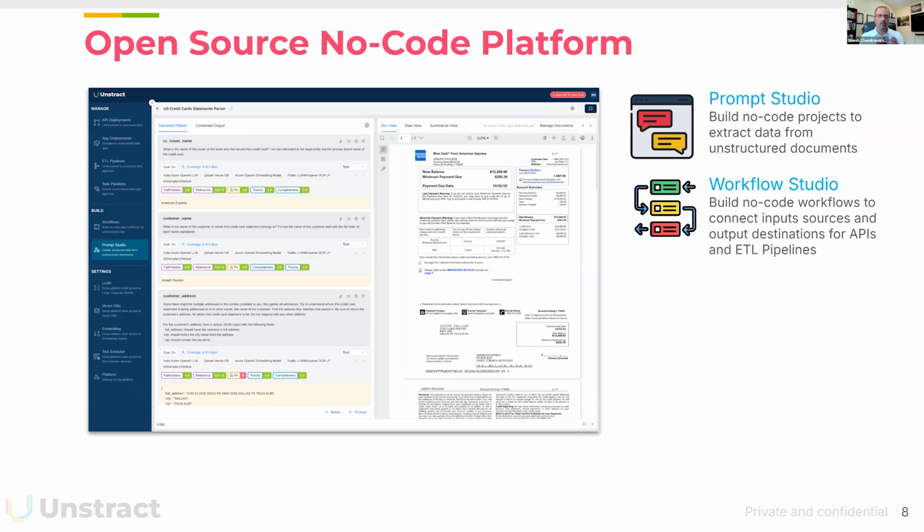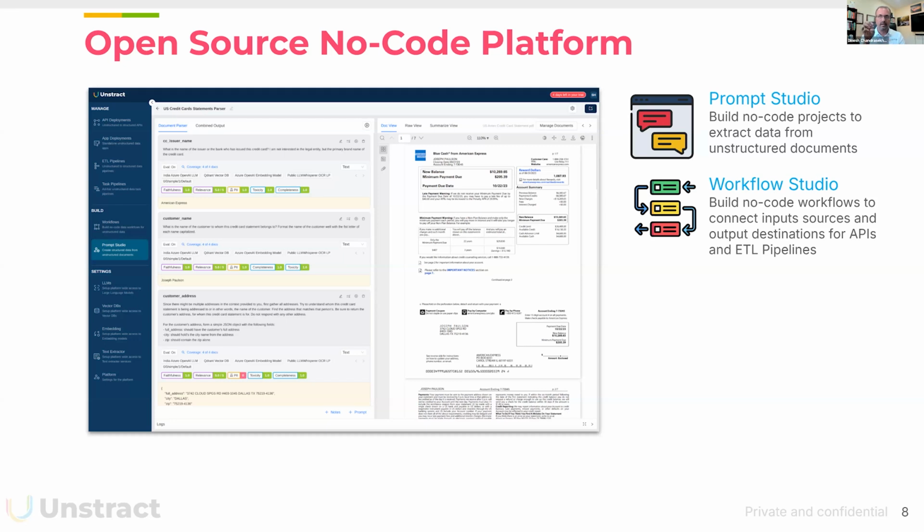It's got a prompt studio that allows you to enter natural language prompts. You can look at a credit card statement and say, put all these cost entries, or the dues on this particular credit card statement, in a JSON format or something like that, and it will automatically structure that as a JSON.